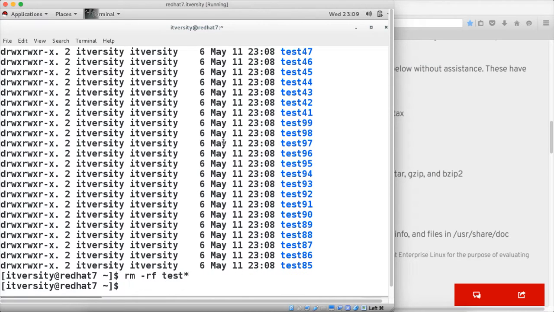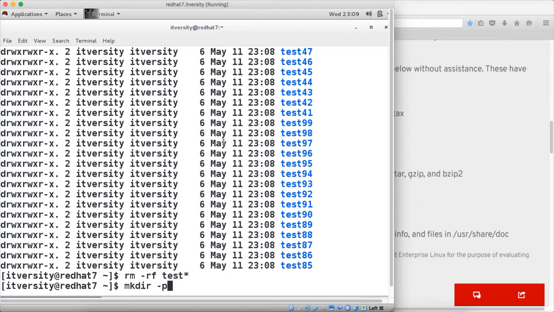So I am deleting all the directories, and now if I want to create multiple directories with test as prefix from 1 to 10, and then create subdirectories under the test directory, I can say mkdir -p. The -p option will ensure that if the path does not exist, it will create directories of all the levels, and if a directory in the path does exist, it will just ignore the parent directory